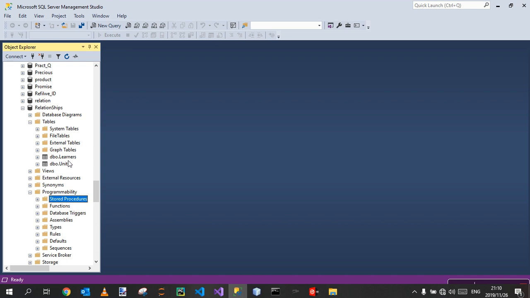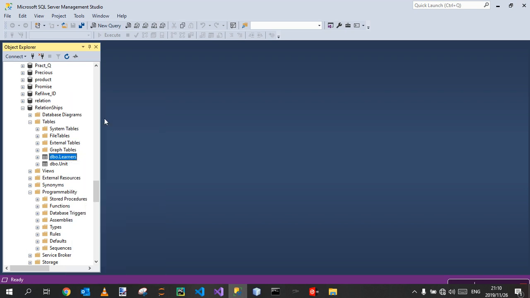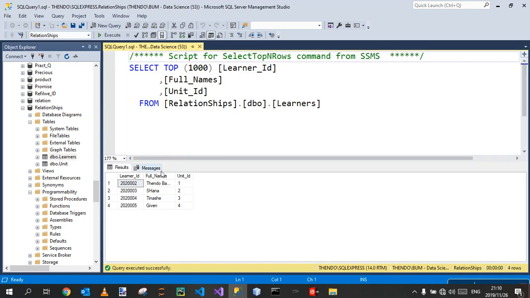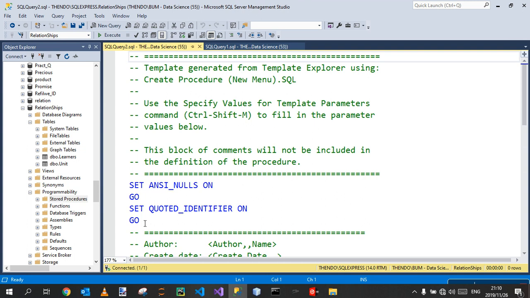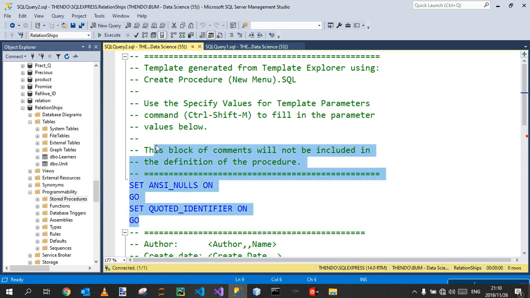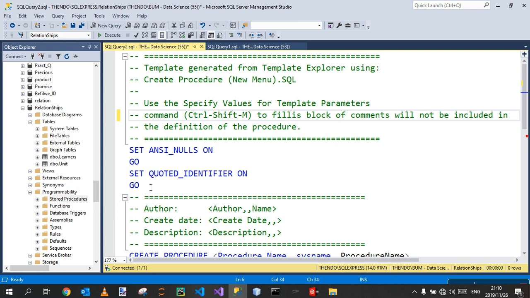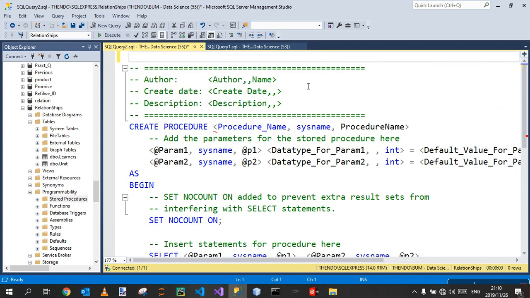So let's say we wanted to create a stored procedure wherein we always do the select top 1000 display. Remember, this shows us the results within our table of learners. So I will come here and say create a new stored procedure, and there's a lot of information you don't need from here which you need to ignore. So I'm going to delete all that information which we don't need. We need to start here where it says